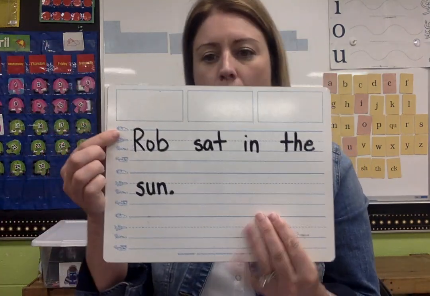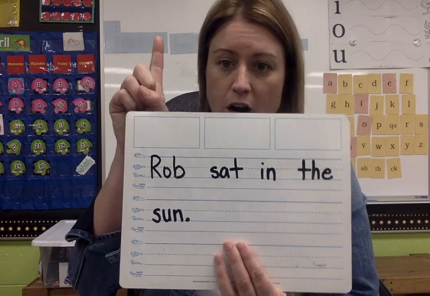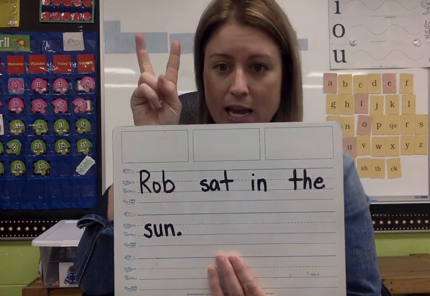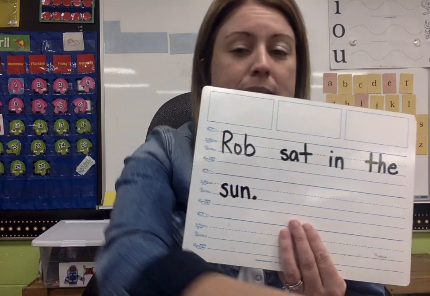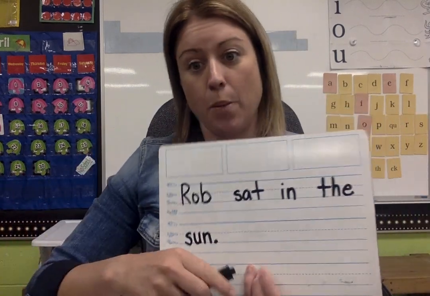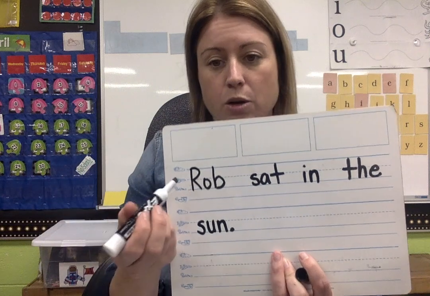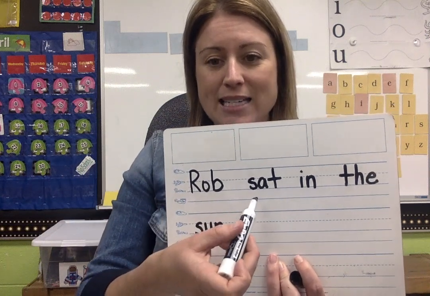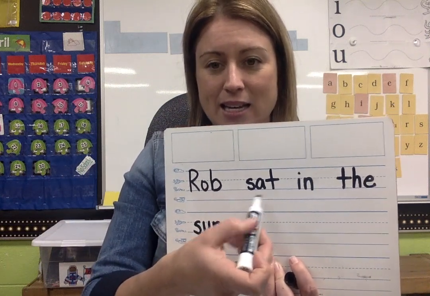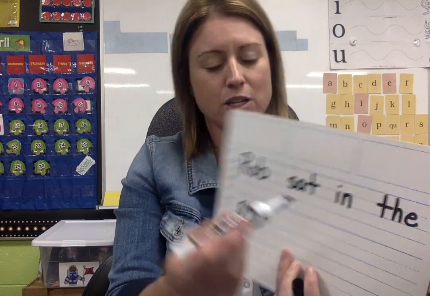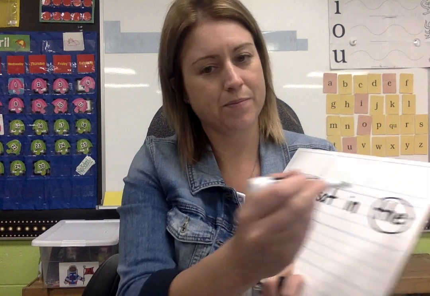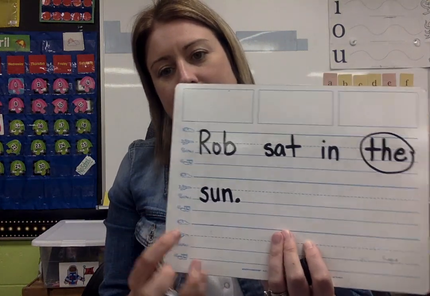Okay, I have a capital R in Rob because first, it is the first word of a sentence, and the second reason is it's also somebody's name. And when it's somebody's name, it's capitalized no matter what. So Rob sat, at, S-A-T, in, the is a trick word, so we can go ahead and circle that word. Okay, so Rob sat in the sun,